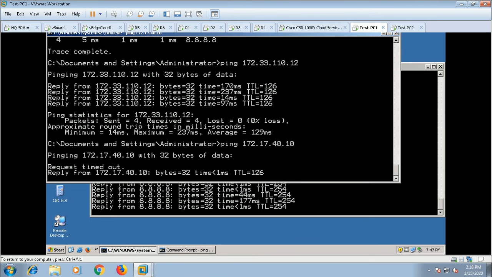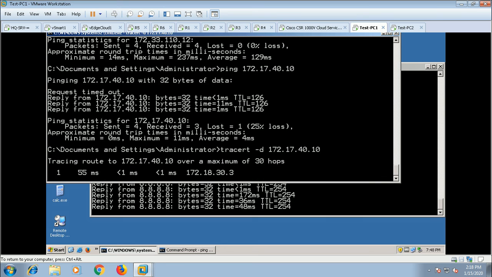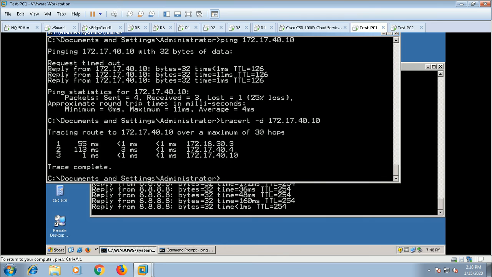On packet loss, I can ping 40.10. Traceroute. By default, SD-WAN is making full mesh. This time it will be direct. So direct traffic forwarding from the spokes,